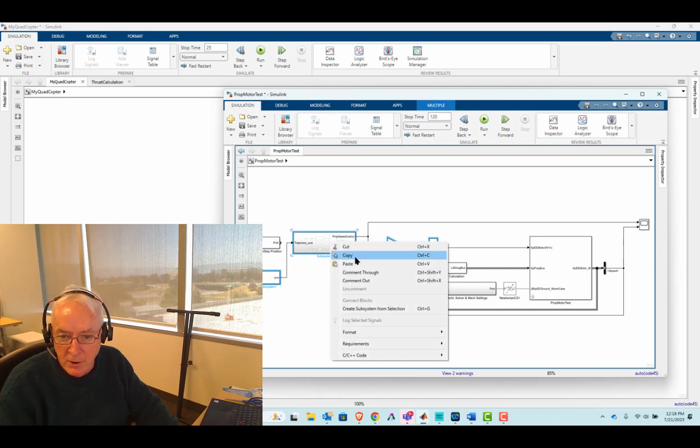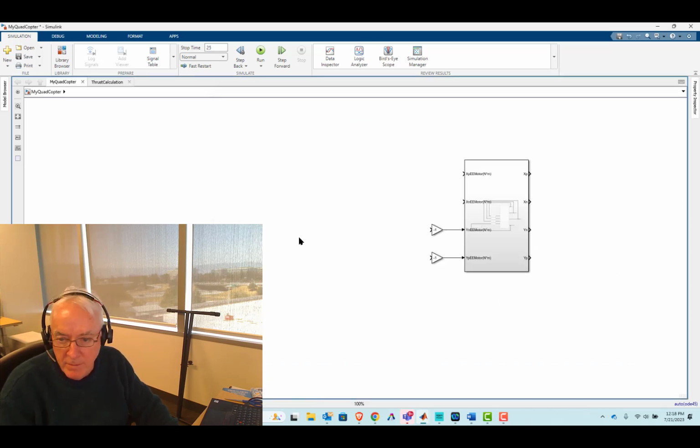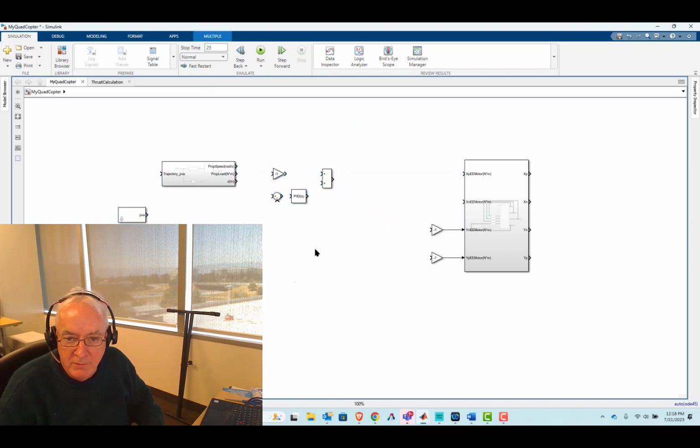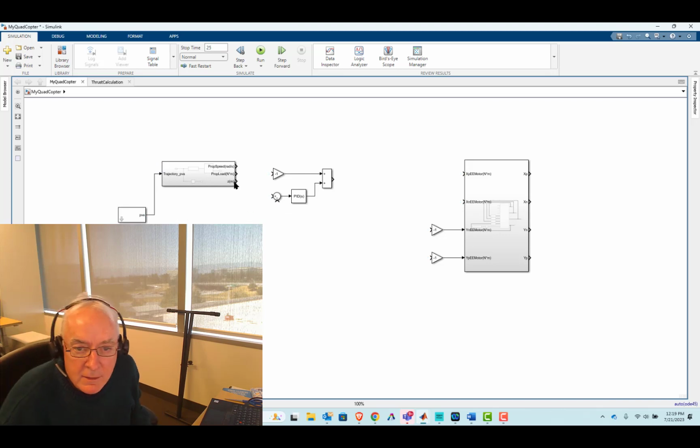So I'm going to just copy all that, and I'm going to go back in here and paste it in. And perhaps I should have copied those lines too, but let's just go ahead and go through that again too. All right, and so we have that, and we have the trajectory setting everything, and that this is